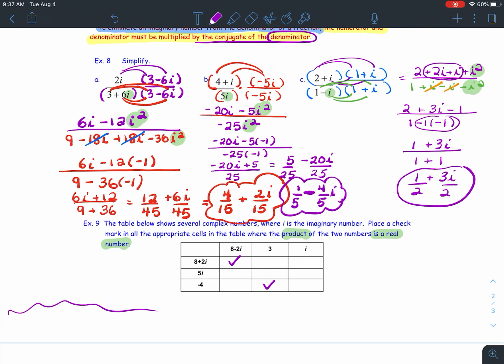What about the 3? Anything we could multiply the 3 by where we wouldn't have any i's? Well, certainly the 3 and the -4, those would multiply together to be -12. And then I think if you took i times 5i, you would get 5i squared, and the i squared would turn into a -1, so you would have a real number. So those are the three places where that check mark would be. Okay, I believe there